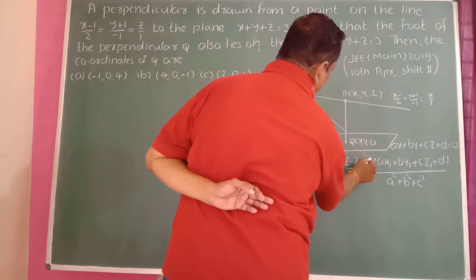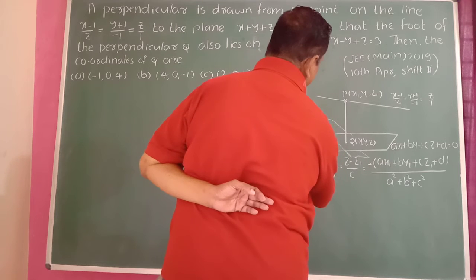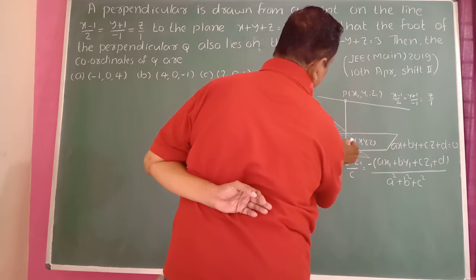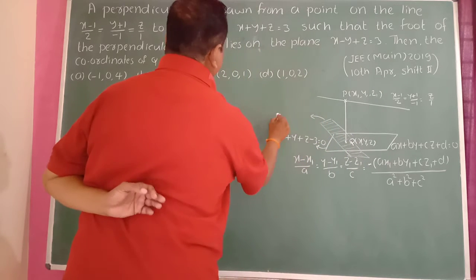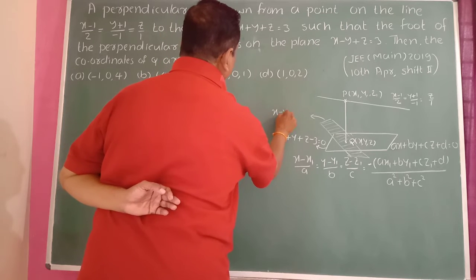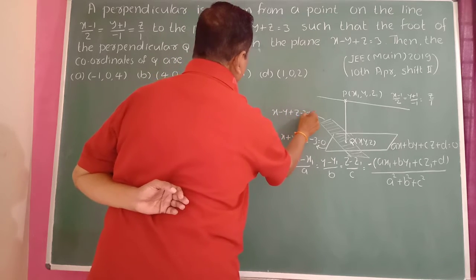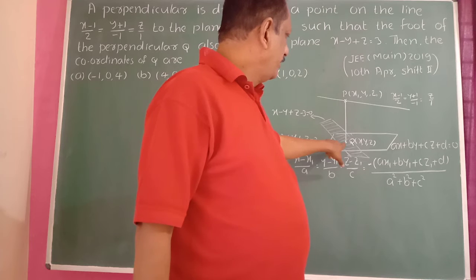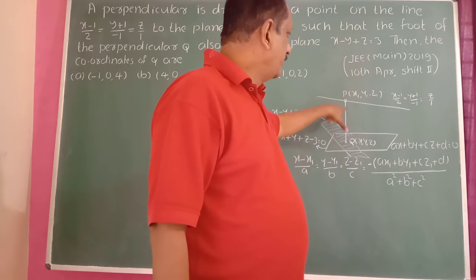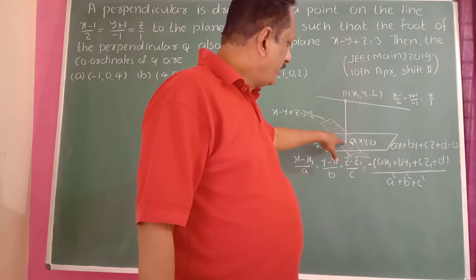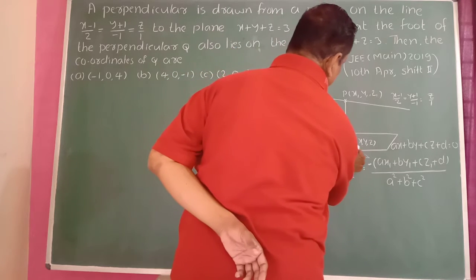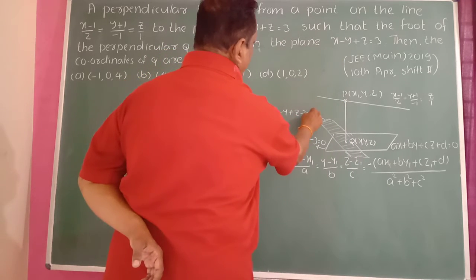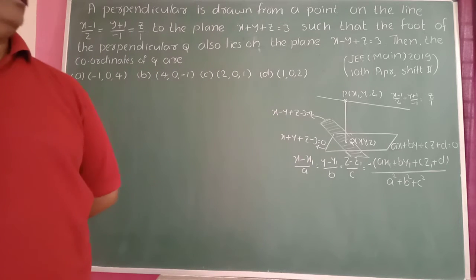So second plane, its equation is this here, that is x minus y plus z minus 3 is equal to 0. So for this plane, Q point lies on the plane here and it is a foot of the perpendicular for the point P. The same point lies on the second plane here. This is one more plane. Equation of this plane is x minus y plus z minus 3 equal to 0. Then find the value of Q, means coordinate of the point Q.